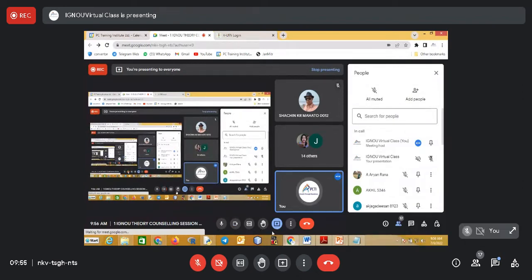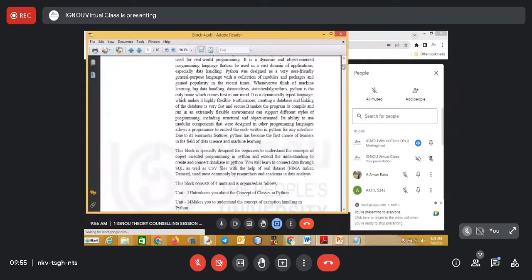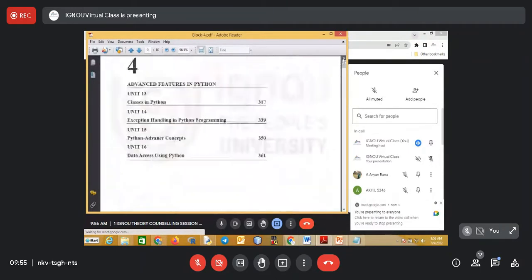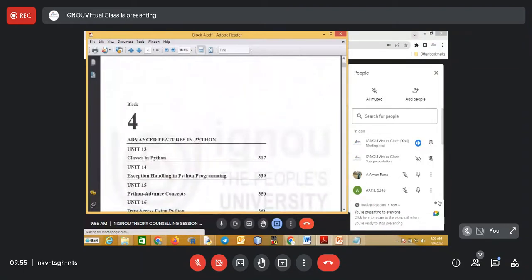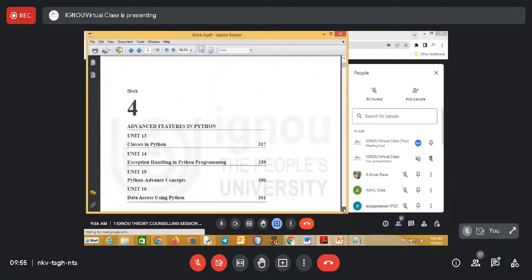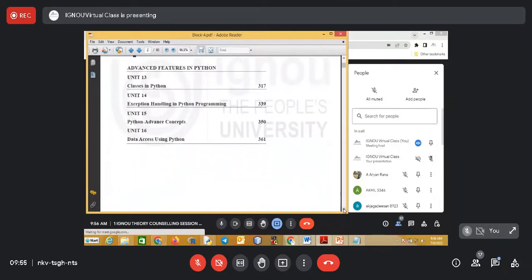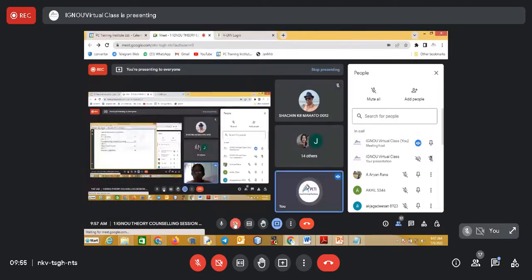See, as usual, this is our fourth block, and according to our fourth block, these are the specific topics or units which we covered. We are in a position to upgrade ourselves: basic, then core, and then advanced. So this is our level number 3, and after this we have to upgrade ourselves into the